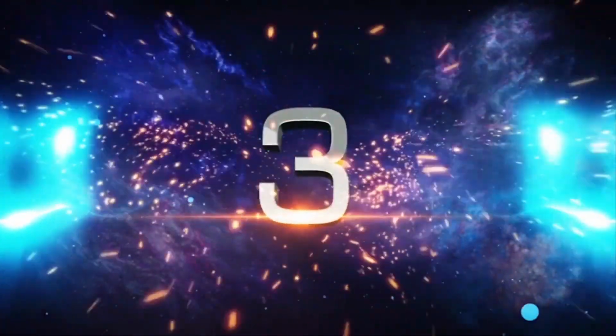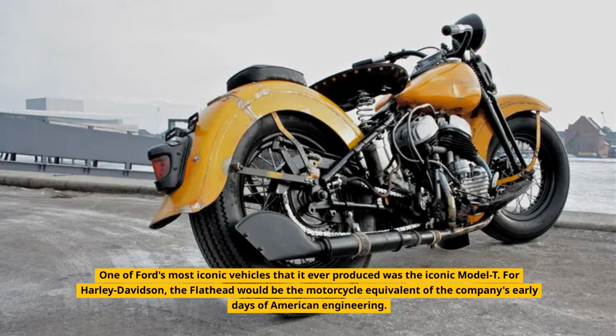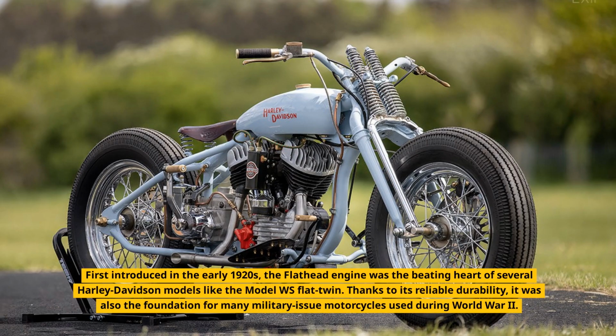Number 3, the Flathead. Produced from 1929 to 1936. One of Ford's most iconic vehicles that it ever produced was the Model T. For Harley-Davidson, the Flathead would be the motorcycle equivalent of the company's early days of American engineering. First introduced in the early 1920s, the Flathead engine was the beating heart of several Harley-Davidson models like the Model WS Flat Twin. Thanks to its reliable durability, it was also the foundation for many military-issue motorcycles used during World